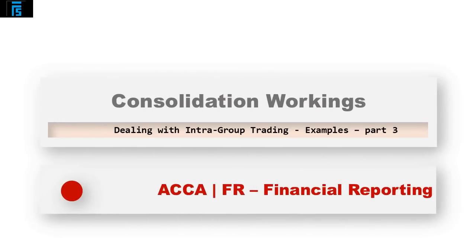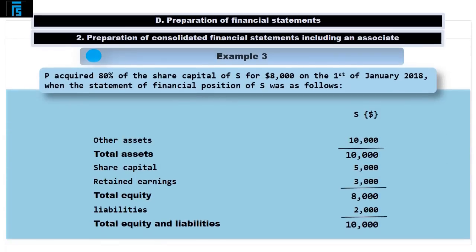In the third consolidation working video to accompany the module devoted to dealing with intra-group trading, we will tackle a scenario in which the parent makes a transfer of a non-current asset to the subsidiary at a price that generates a gain on disposal. So, example 3 reads, P acquired 80% of the share capital of S for €8,000 on